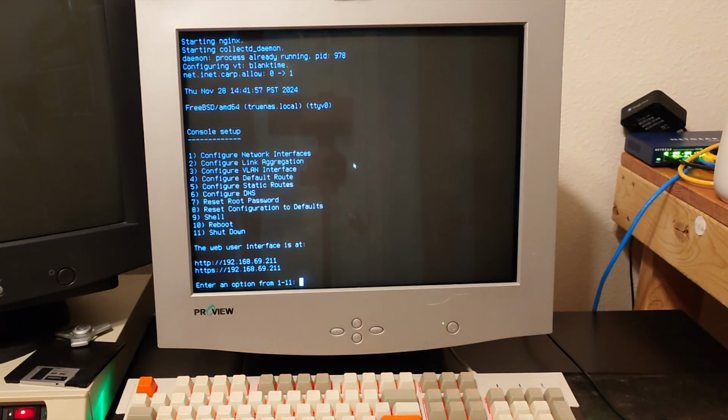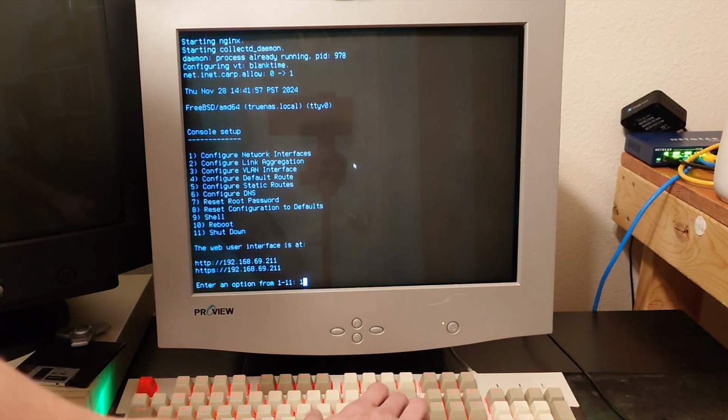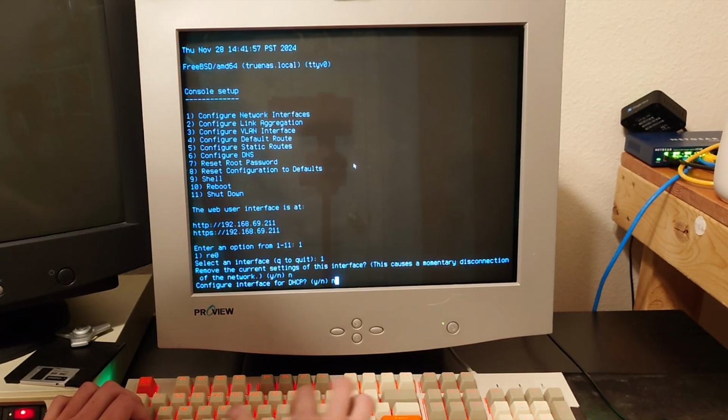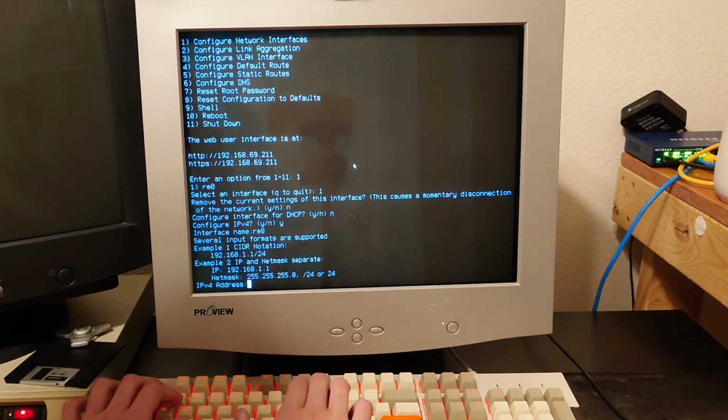Setup completed with no issues, and I was greeted by a command prompt with several configuration options. I decided I would statically set my IP address from here. That way it's easier to remember, and I don't have to worry about it changing on me at a later date. Yeah, we're gonna go